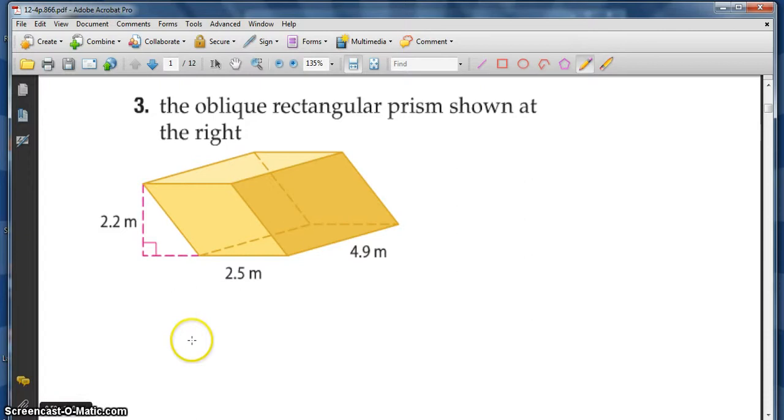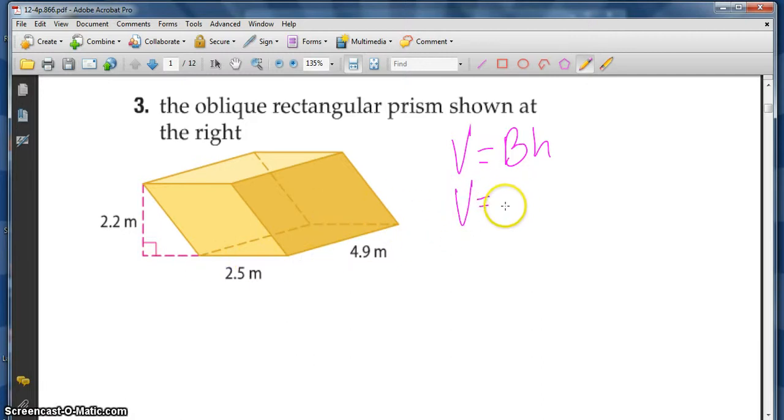On number 3, we want to find the volume of the oblique rectangular prism. And the good thing about finding the volume of an oblique prism is that it will be the same as a right prism with the same height, and that's based off of Cavalieri's principle. So our volume is just the area of the base times the height. Our base is this rectangle,